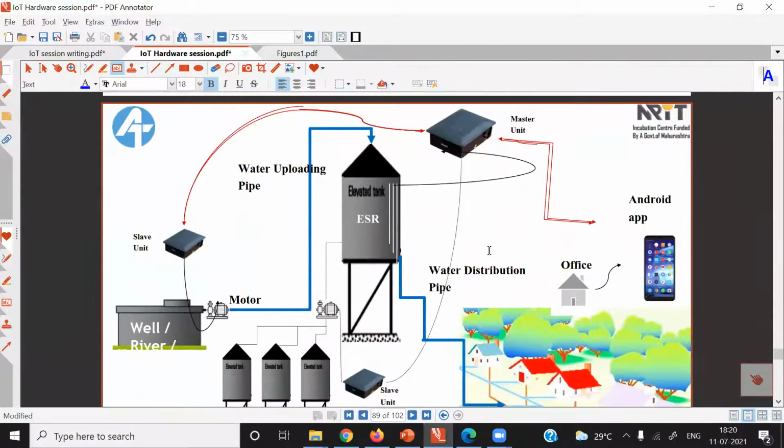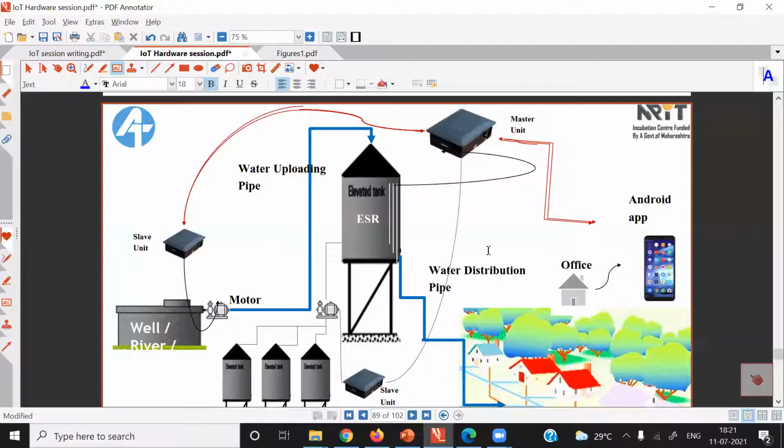In our campus, especially the hostel campus, we have 24 overhead water tanks, and we have installed this IoT-based electronic system at each and every tank. We are centrally monitoring the water level in each tank, and the solenoidal valve installed at the tank side is automatically controlled depending upon the water level in the tank. So when the water level in the tank is below 30%, the valve is automatically switched on, and when the tank becomes full, the valve is automatically switched off.